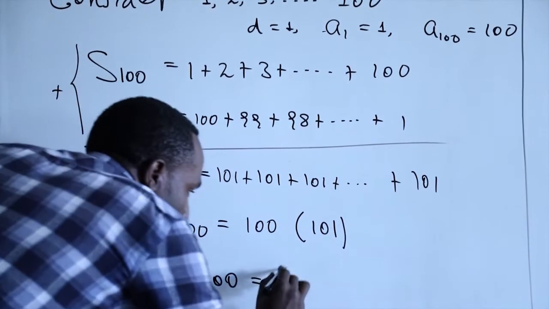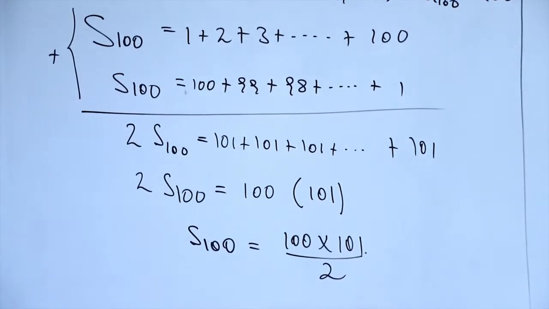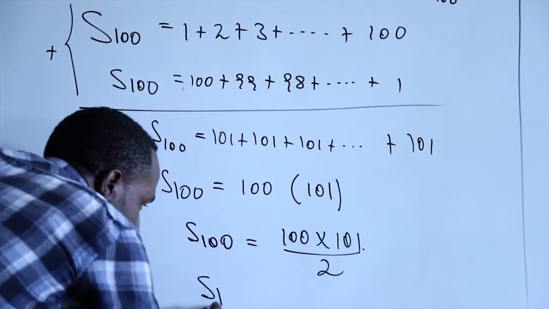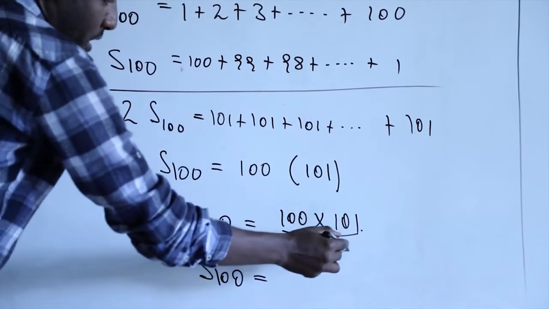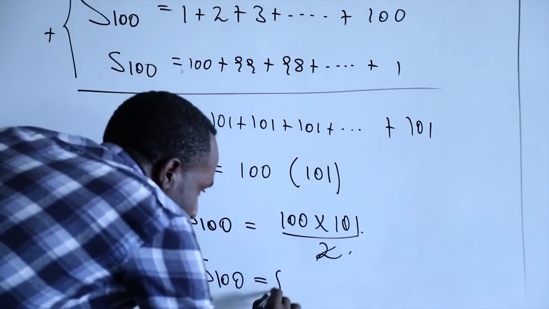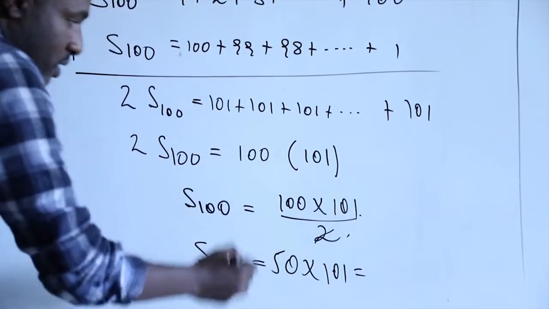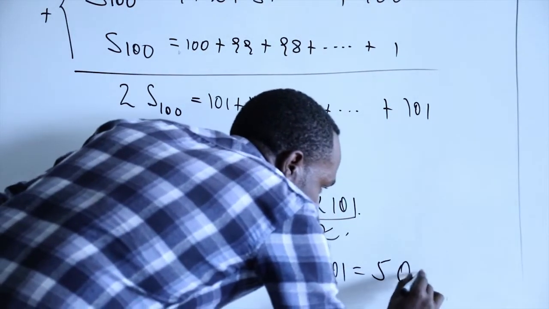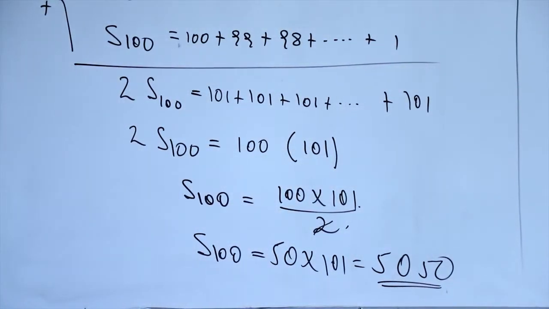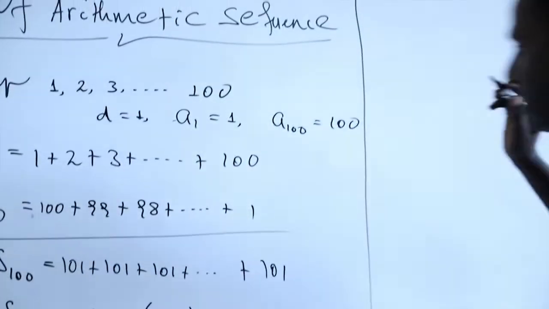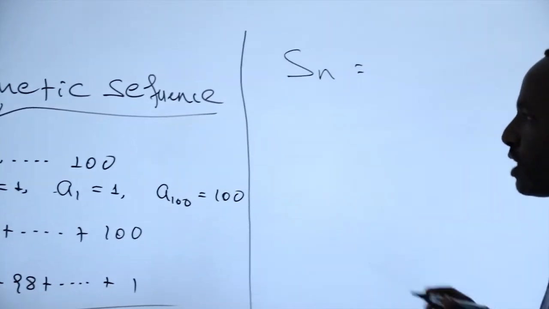ስለዚህ over 2 ስናደርግ S100 equals to 100 times 101 over 2 ሆኖ እናገኛለን ማለት ነው። so ይሄ ማለት S100 እኩል ነው ይሄ ሁለት በሁለት ይሄኛው አንድ ይሆናል፣ በሁለት 50 ይሆናል፣ 50 ሲባዛ 101 ሆኖ እናገኛለን የዚህን ብዜት ስታይቱኝ ስለዚህ 5050 ሆኖ እናገኛለን ማለት ነው።